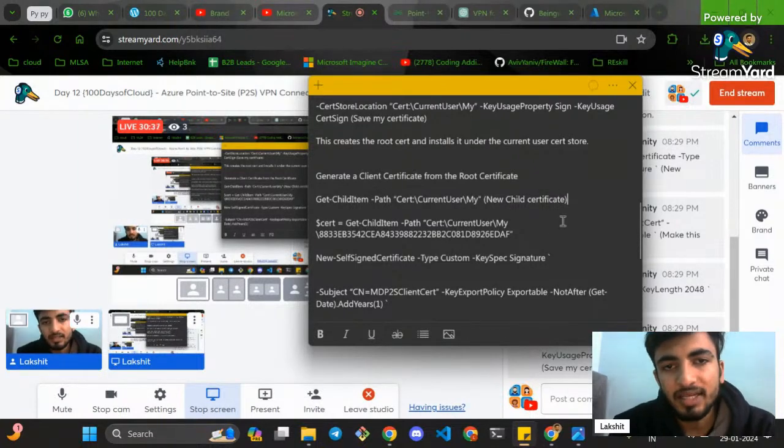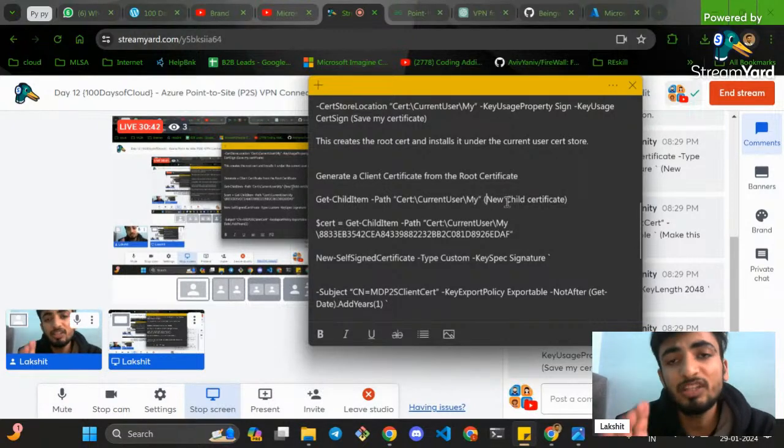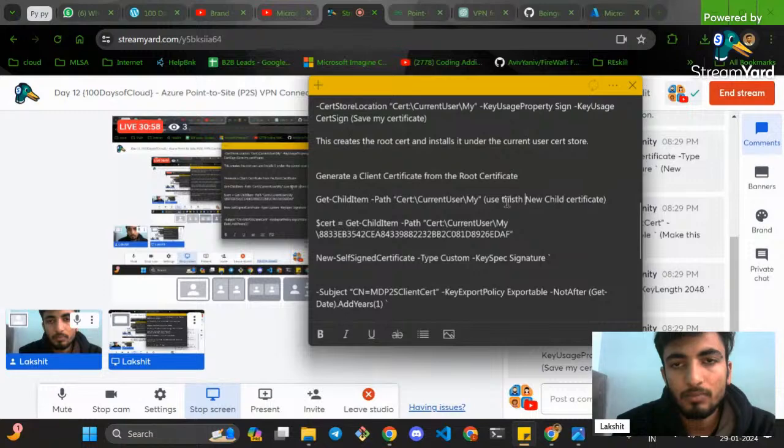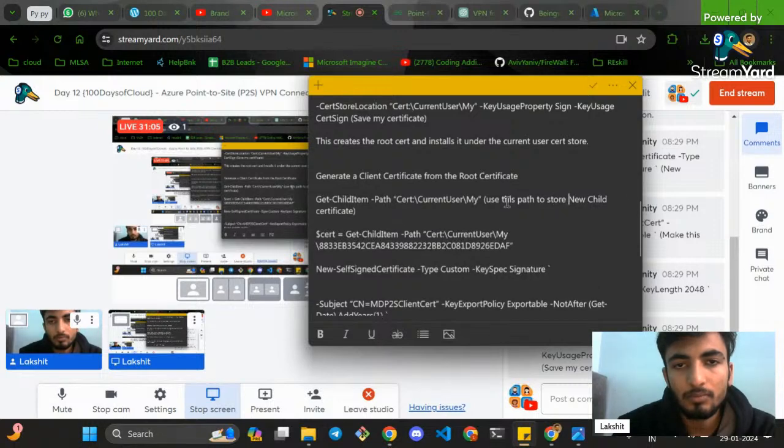Okay. This is about the path to store my child certificate. Use this path to store it. Then over here, we are giving the command to make our child certificate, right?